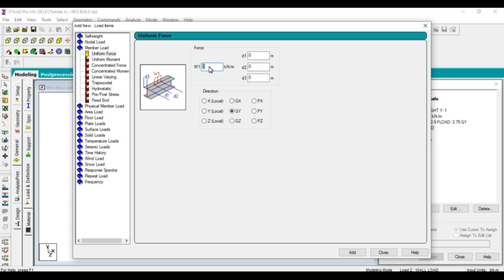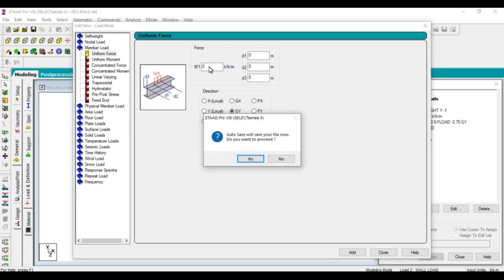Next, what is the thickness of the wall? In that building, walls are of two types: main wall and secondary wall. Main wall thickness is 0.23 meters and secondary wall thickness is 0.1 meters. If you want to give the value of the wall, you should know the cross section area of the wall. Thickness of the secondary wall is 0.1 meters and the height of the wall is 2.6 meters, because the beam height is removed from the wall height.